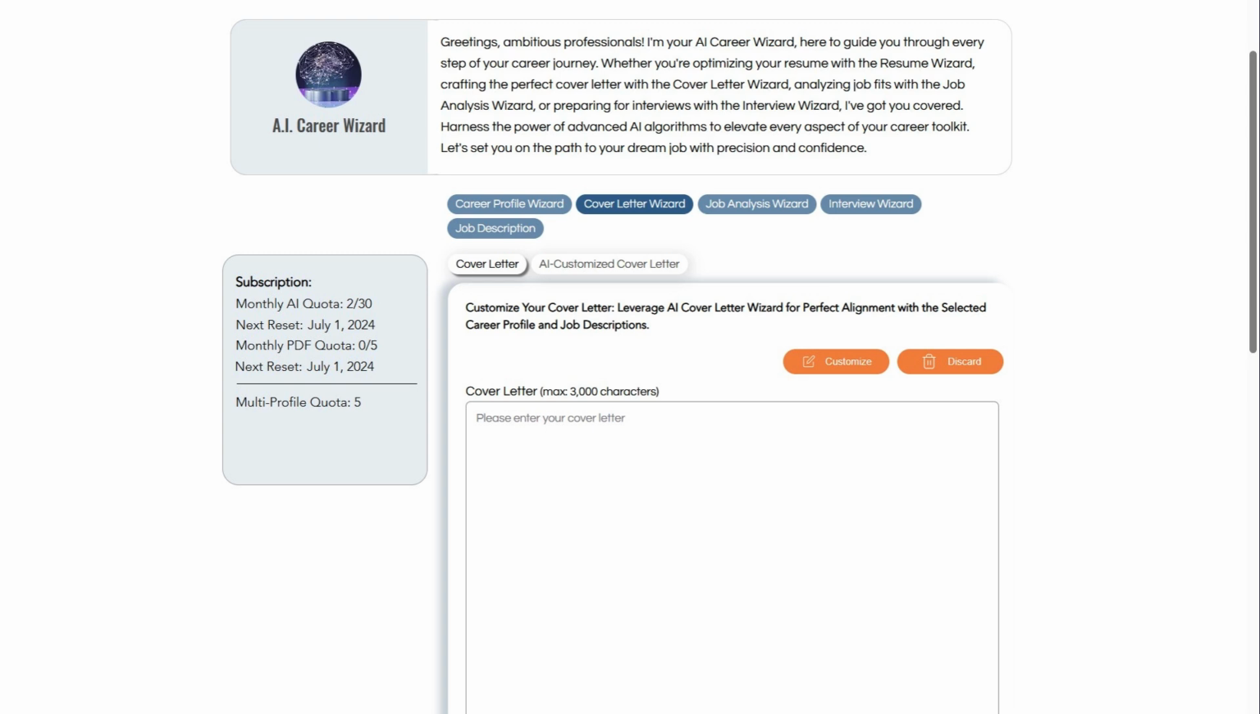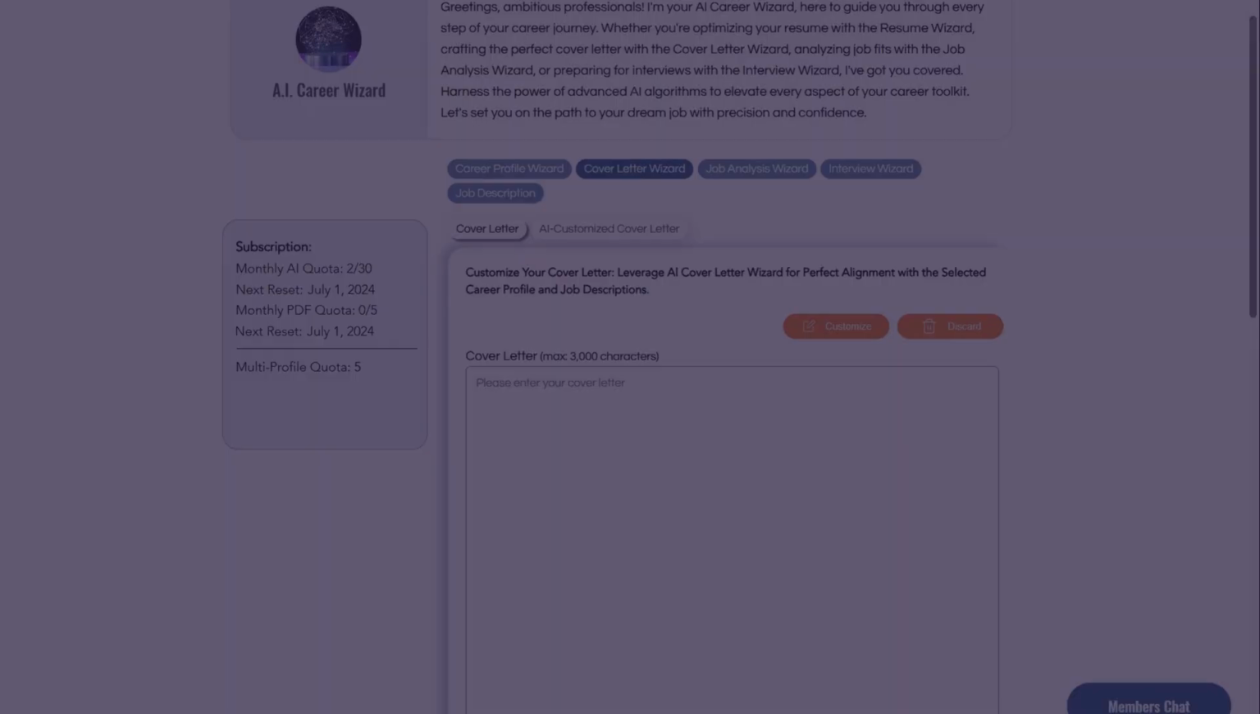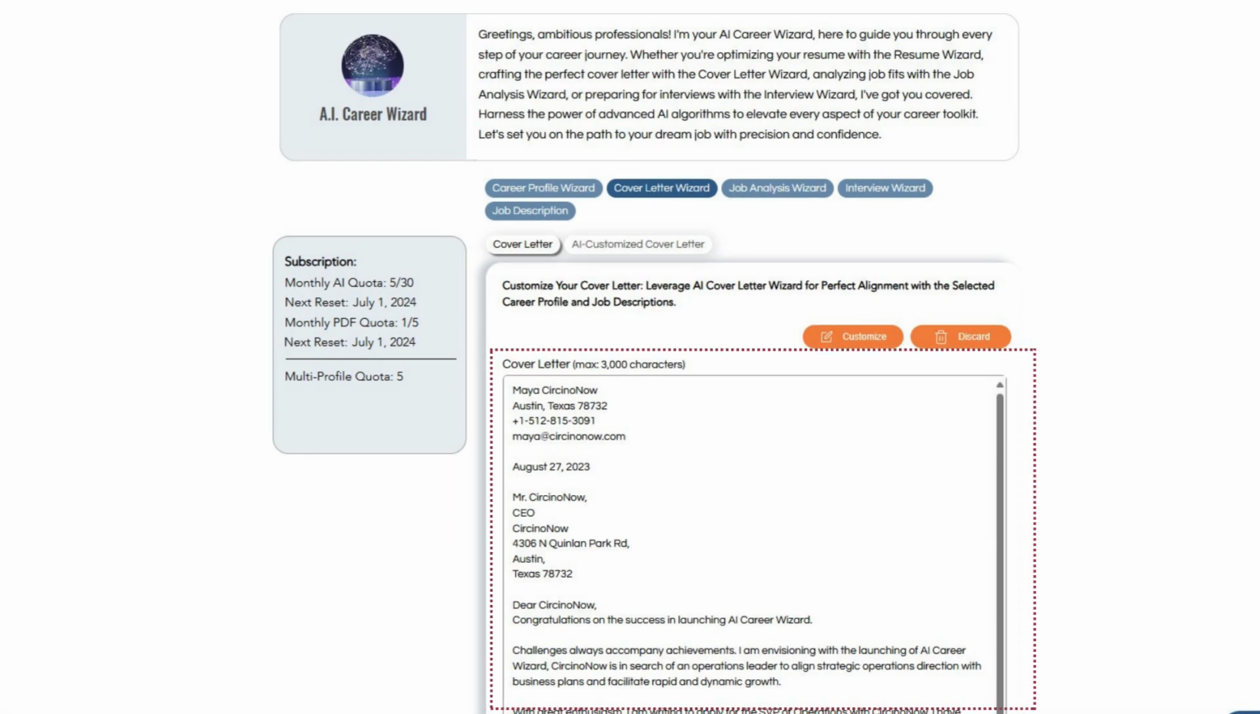To customize your cover letter based on your selected career profile, click on the Cover Letter Wizard button. First, copy and paste the cover letter you want the Cover Letter Wizard to customize into the designated field. As an optional step, you can enhance the customization by pasting a specific job description. This will allow the Cover Letter Wizard to tailor your cover letter based on both your selected career profile and